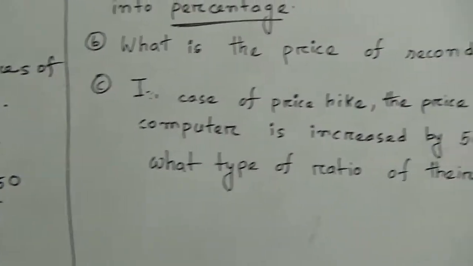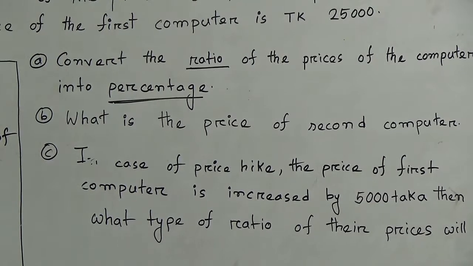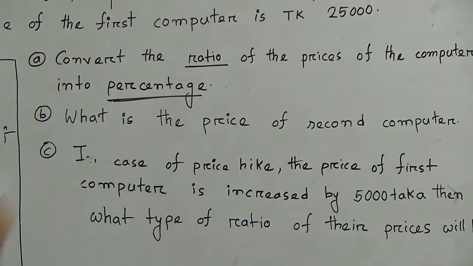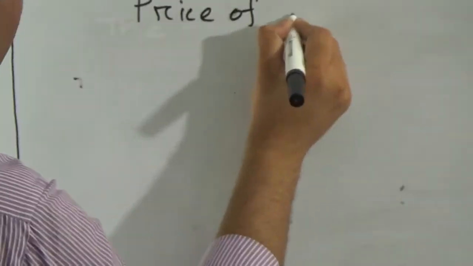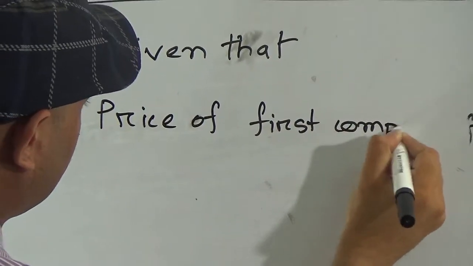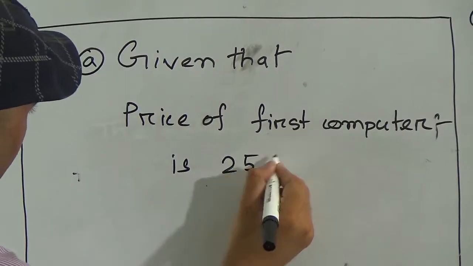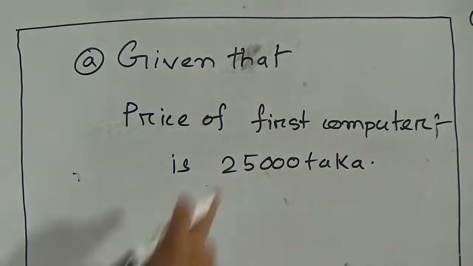Now my dear student, go to number 2. What is the price of the second computer? So in the question it is given that the price of the first computer is 25,000 taka, and the ratio